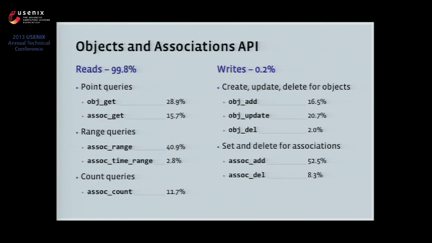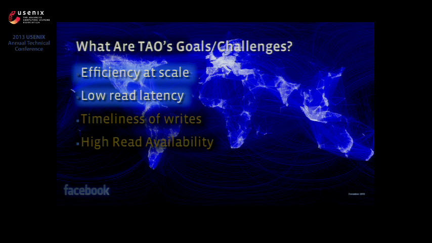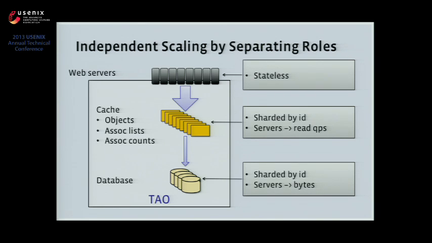Everything is focused around making it so the reads work well. So let's go back to our top level challenges. We have efficiency at scale and low read latency. So how do we get that? So starting maybe 60,000 feet out or something, we get efficiency at scale by separating into different